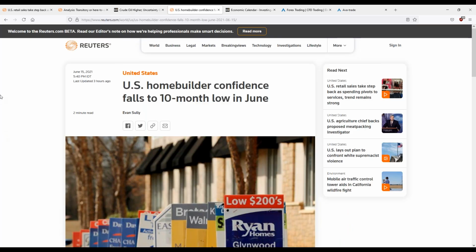Okay, U.S. home builder confidence falls to 10-month low. That's leaning towards negative again. We had retail sales lower than expected. We have home builder confidence falling to a 10-month low. Maybe because of home prices getting higher than people can afford. We don't know for sure, but home builder confidence is at a 10-month low. Another negative headline to go along with